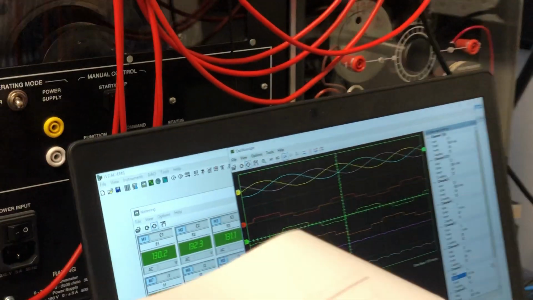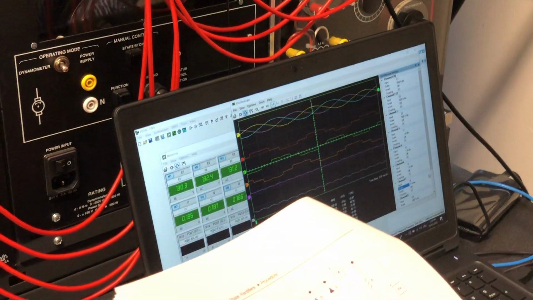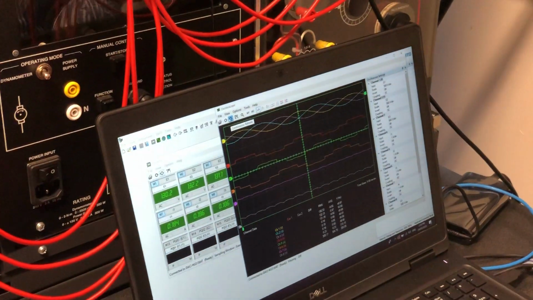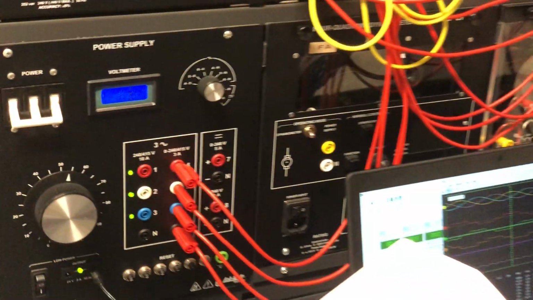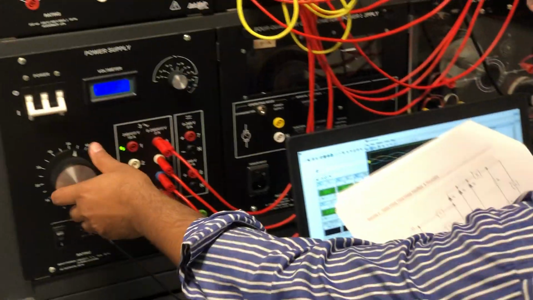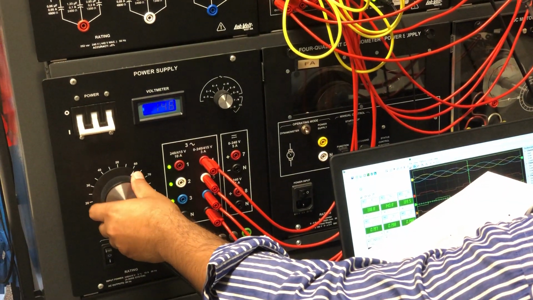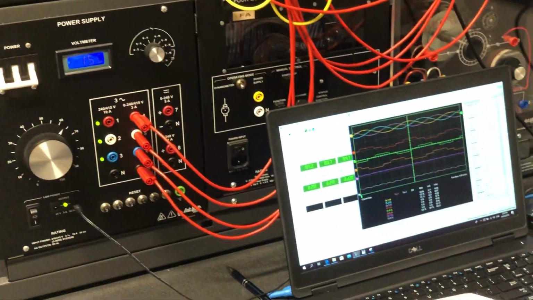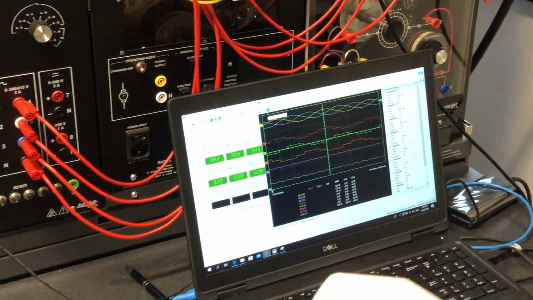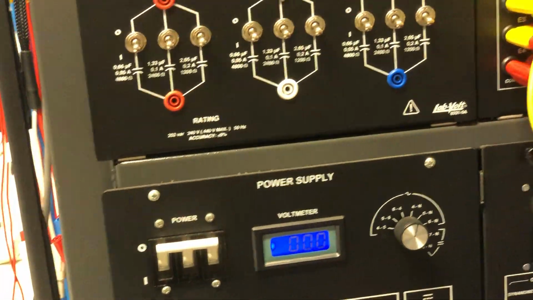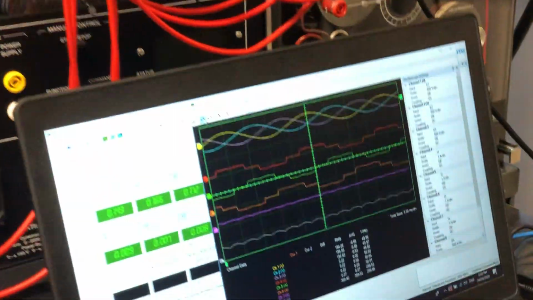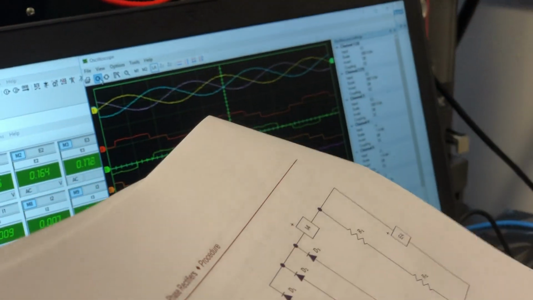Just this one. If you see that, this is the output for step 28.